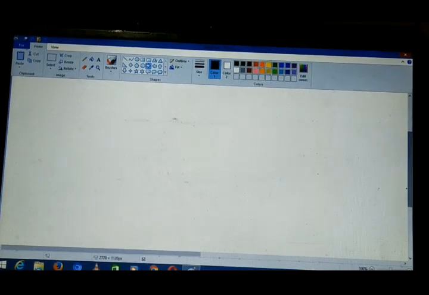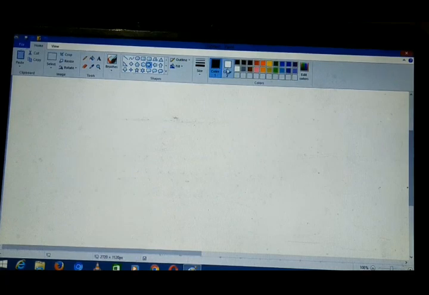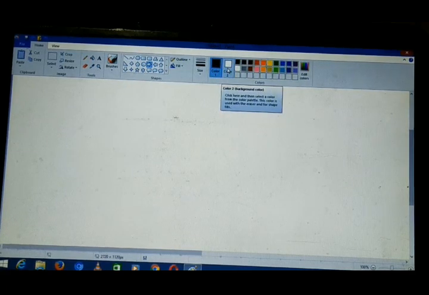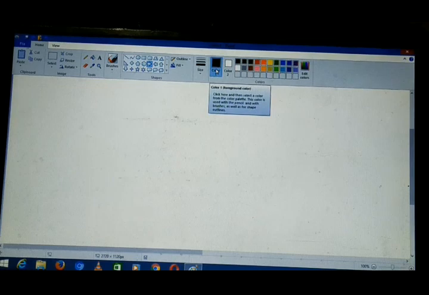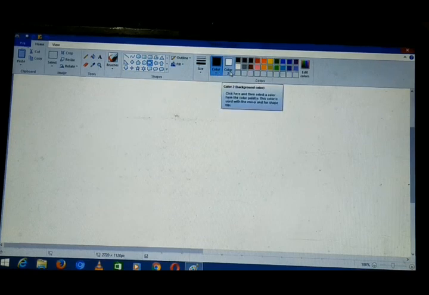Now I will be discussing about filling color in drawings. How we can fill color in drawing. So there are two colors that can be selected. One is foreground color and the other is background color, that is color 2. Here you are seeing that color 1 which is selected is foreground color, and here you are able to see that foreground color menu is also displayed. What is the use? Click here. So it is showing click here and then select a color from the palette. This color is used with the pencil. So we can use foreground color and background color. Color 1 is foreground color and color 2 is background color.